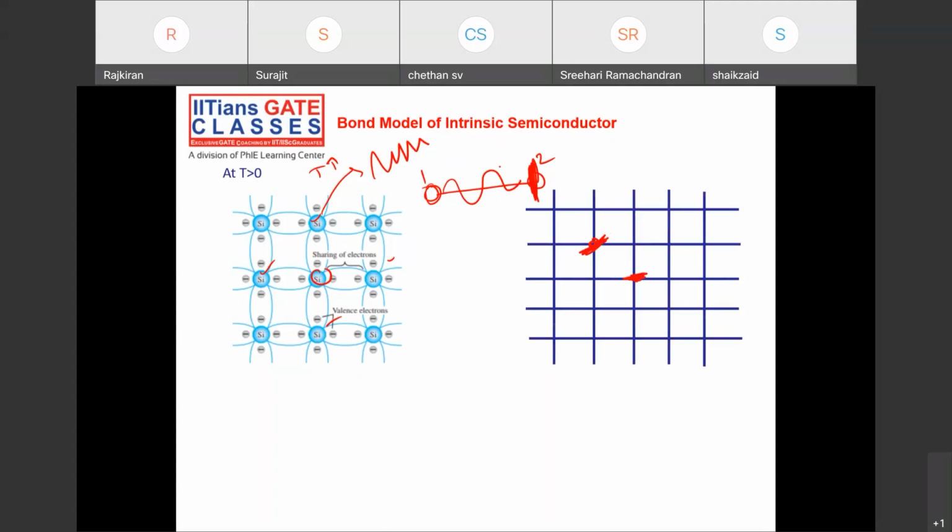Pass. Surely pass, right? Suppose you throw a stone into a pond. If you throw it in one place, the wave will pass all over the pond or not? Suppose there is a still pond, very still, and you throw a stick. Whatever wave is generated will pass all over the surface, right? Similarly, at t greater than 0, silicon will vibrate, and this will generate elastic waves,